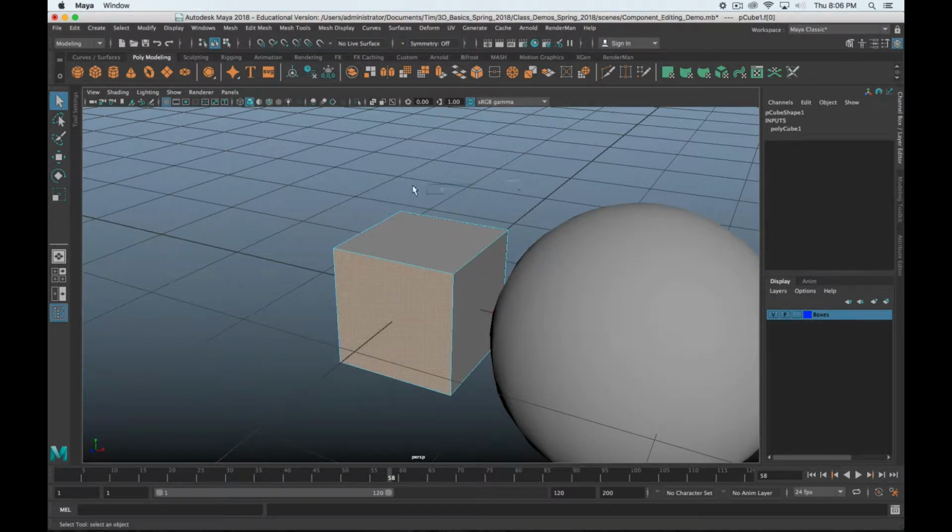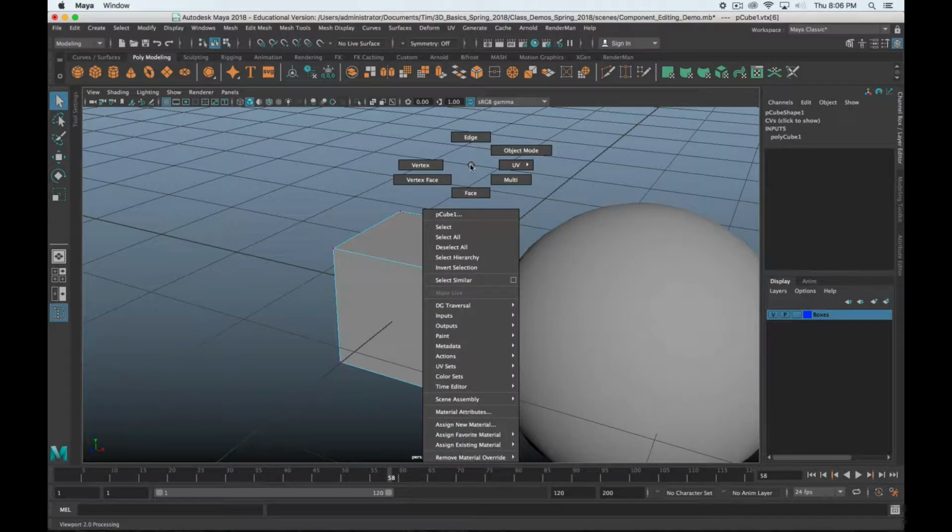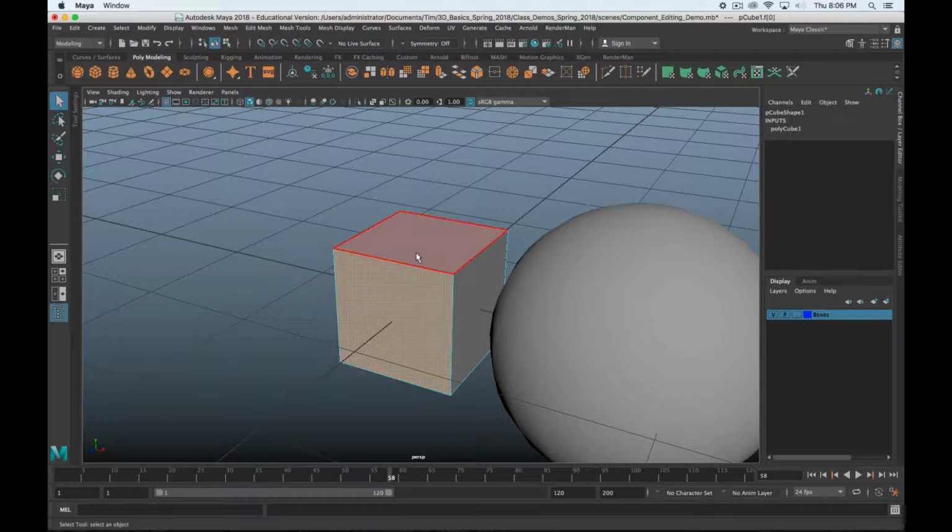Okay, so there is room in Maya to work very fast. You just have to learn the interface. For right now, don't worry about doing it so fast you can't see it. Just hold down the right mouse button, figure out what you want, and release. Once you have a component selected, you can